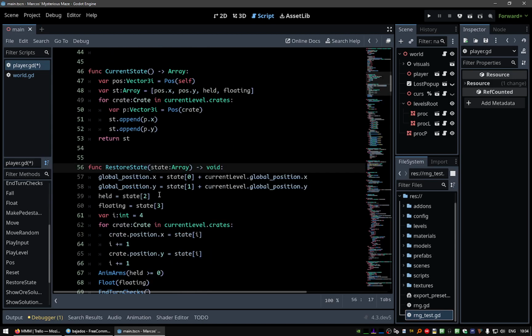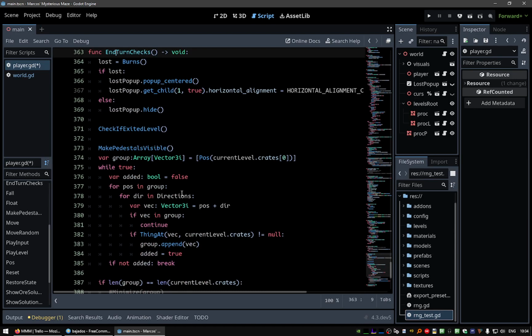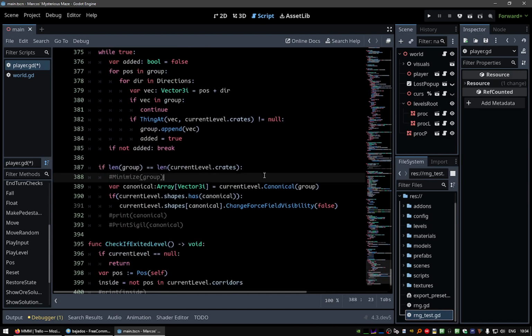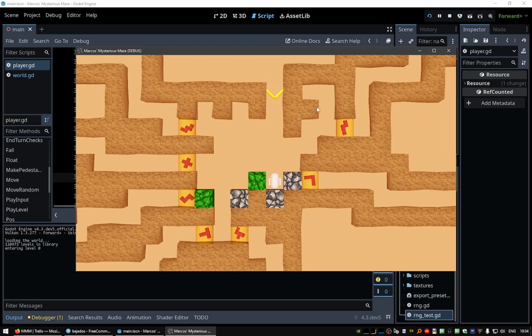We will restore state, and this will check all this. Okay, let me see if this works. Okay, we enter normally. The camera is not moving. When we solve the level,